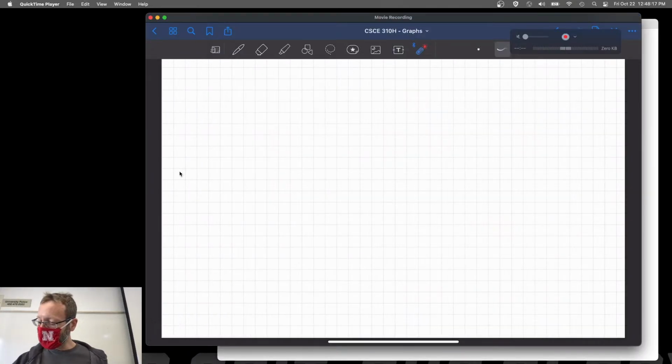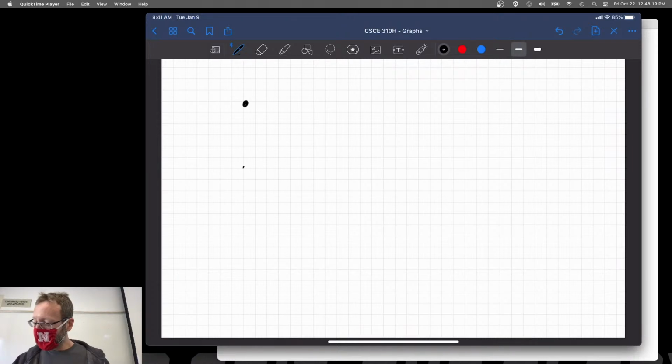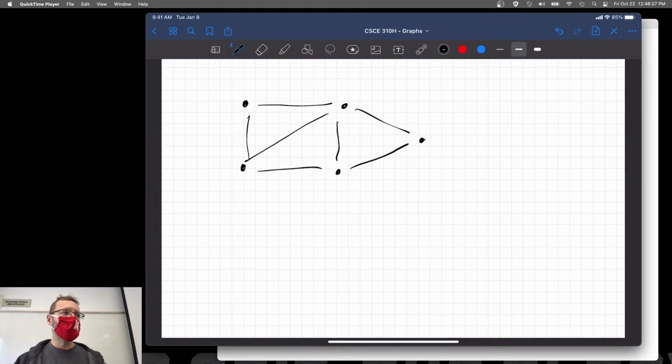Let's consider a very simple graph on 1, 2, 3, 4, 5 vertices. This is kind of the graph that I've been drawing throughout this thing. But now let's think about it in terms of a directed graph. Let's go ahead and direct it that way, that way, that way, that way, that way,